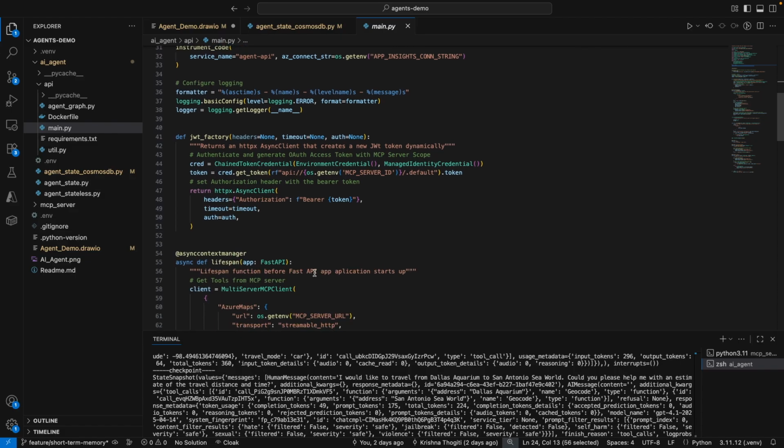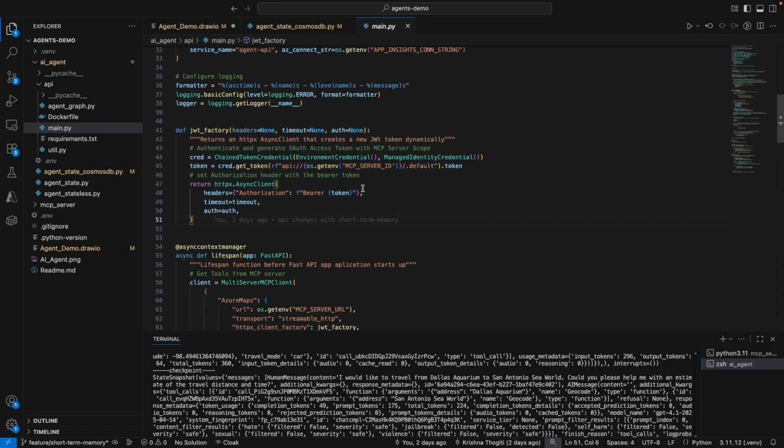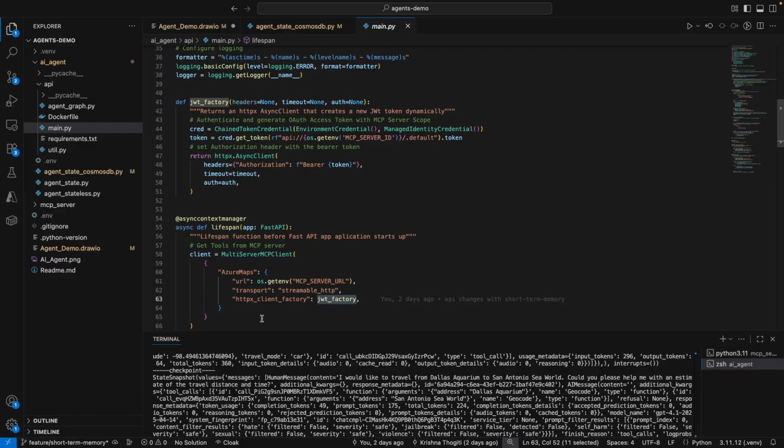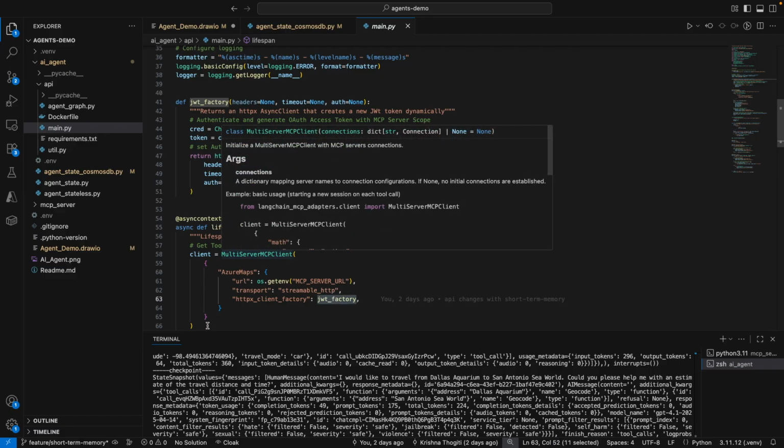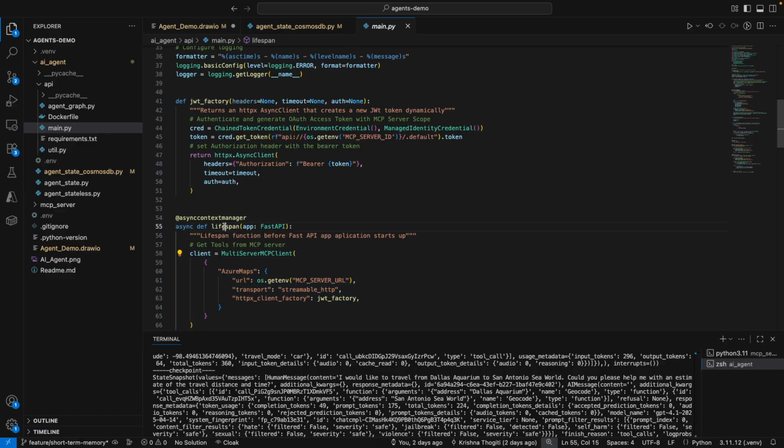This is same as in my previous video. I'm using the JWT factory to make sure that I dynamically generate and use the OAuth access token when I connect to the MCP server. I'm passing that to the multi-server MCP client. Basically, this is my lifespan function,